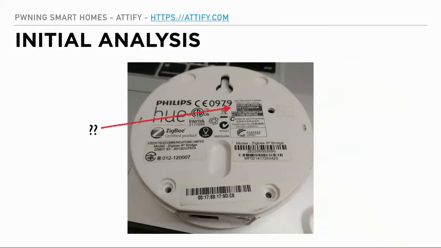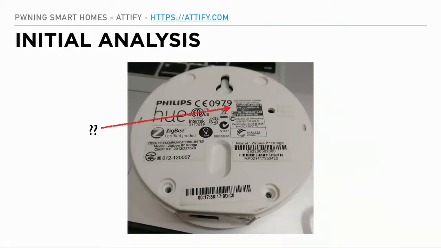So if you look at the back of any IoT device, it would have an FCC ID, unless it is coming from China. In that case, most of the devices won't have one, unless they are white labeled and then sold in the US or Canada. So just from the FCC ID, you can pretty much look at the entire